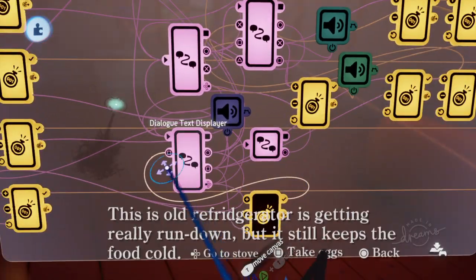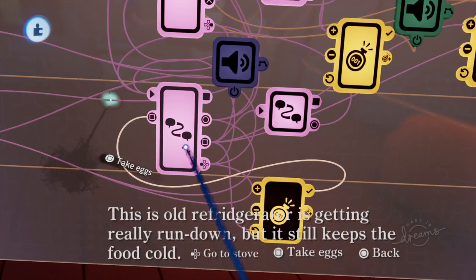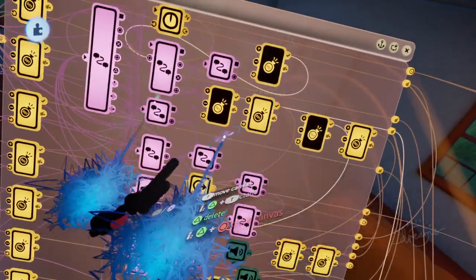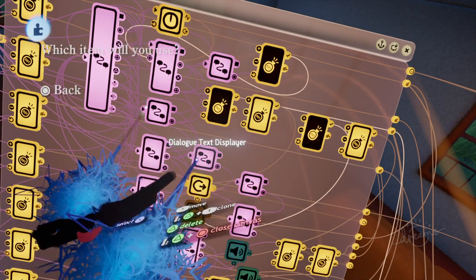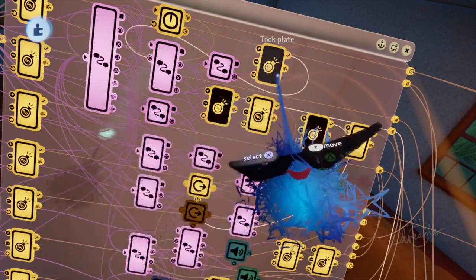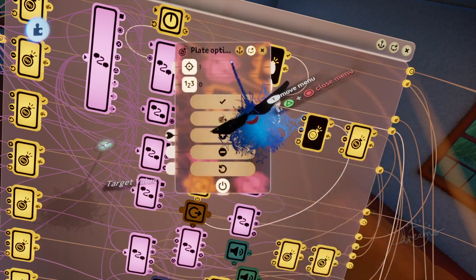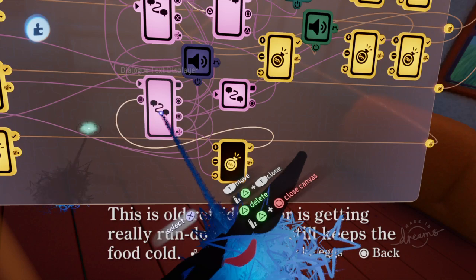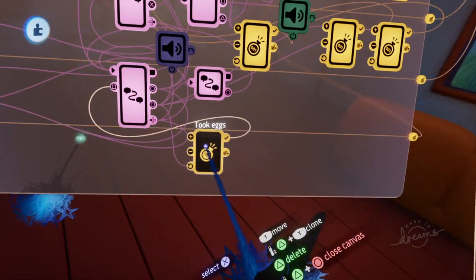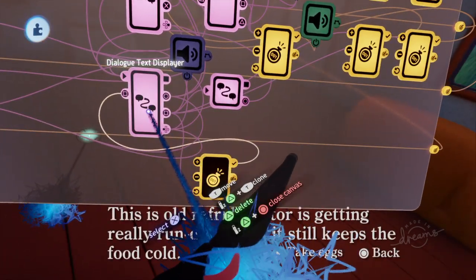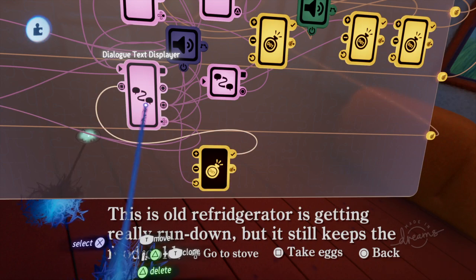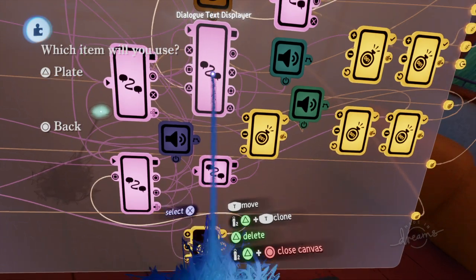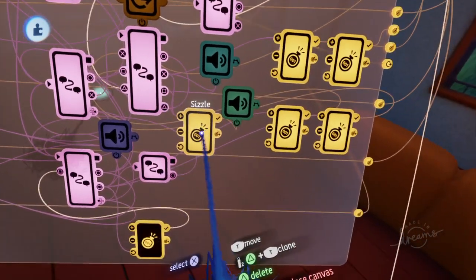Once you, oh yeah, what we need, we need to turn on the take plate option, or turn on the plate option, so that you can take the... nope, no, that's not it. On the stove, use item, plate. So once you use the plate,